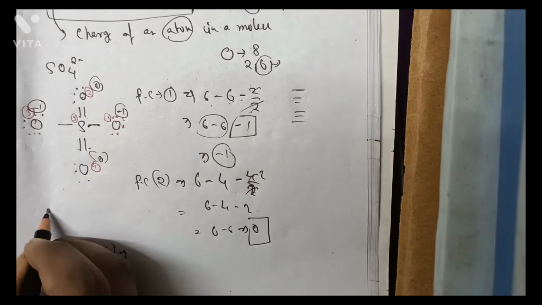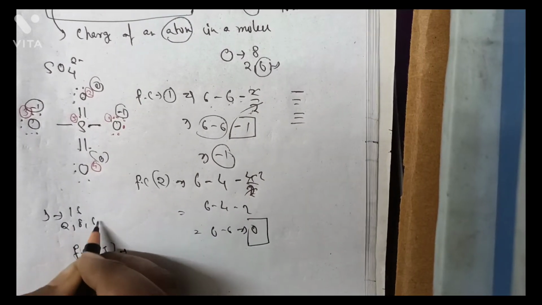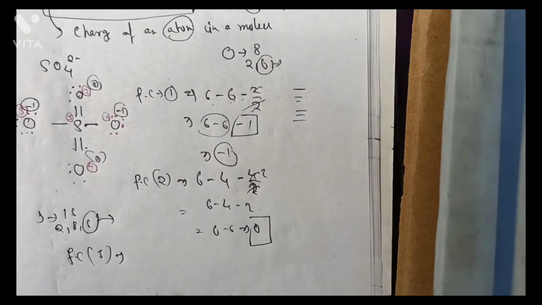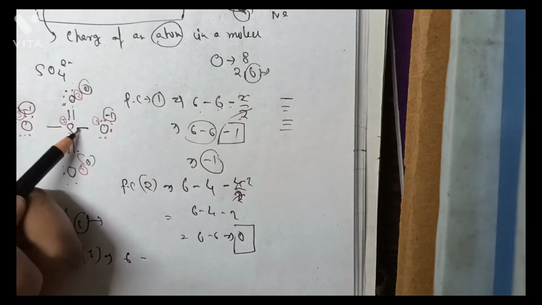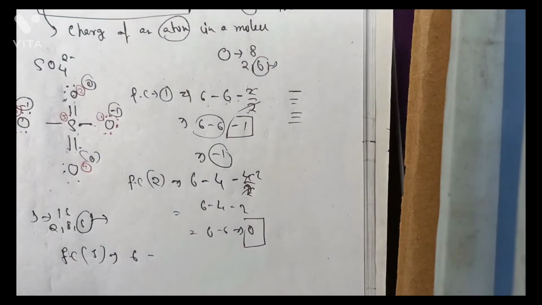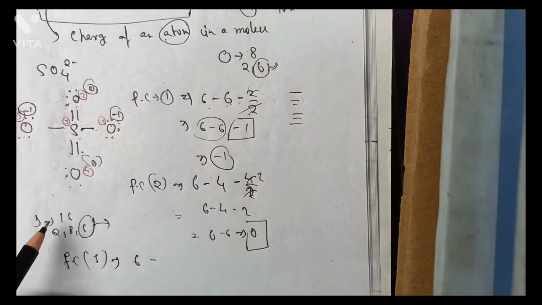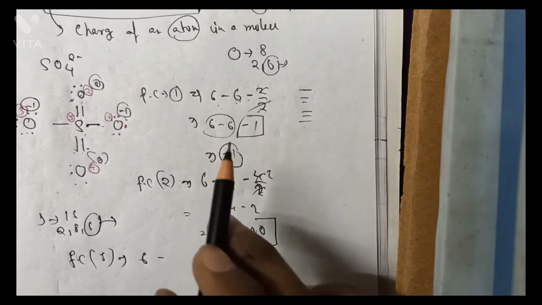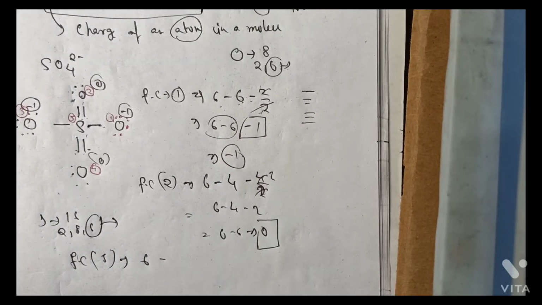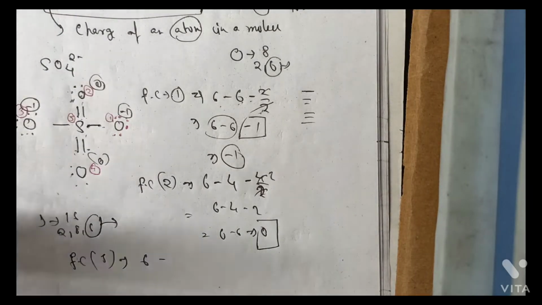Sulfur has atomic number 16, its electronic configuration is 2, 8, 6, that is its valence electron is 6. So valence electron 6 minus lone pair. If you count, it has no lone pair. Yes, you can tell me that this is breaking the octet rule. Purposely breaking the octet rule, as the Lewis dot structure tells that the central atom can make more than 8 electrons.